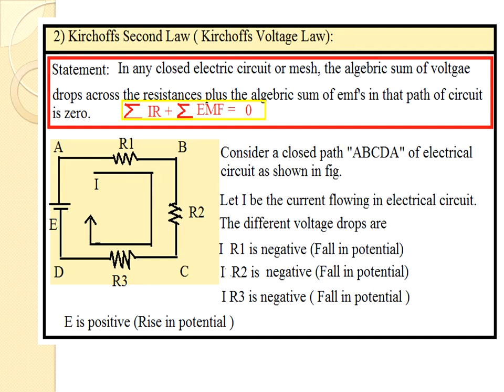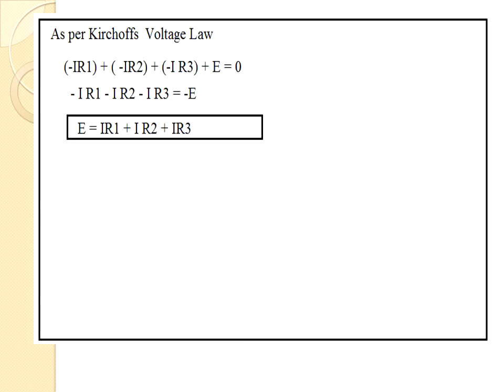Now, D to A, there is no resistance, but there is a battery EMF source of E volts. We are moving from D to A. In the battery condition, we only have to take the loop direction. It doesn't depend on current direction. So, D to A, that is negative to positive terminal of the battery, there is a rise in potential. Understand? Then you develop the expression.